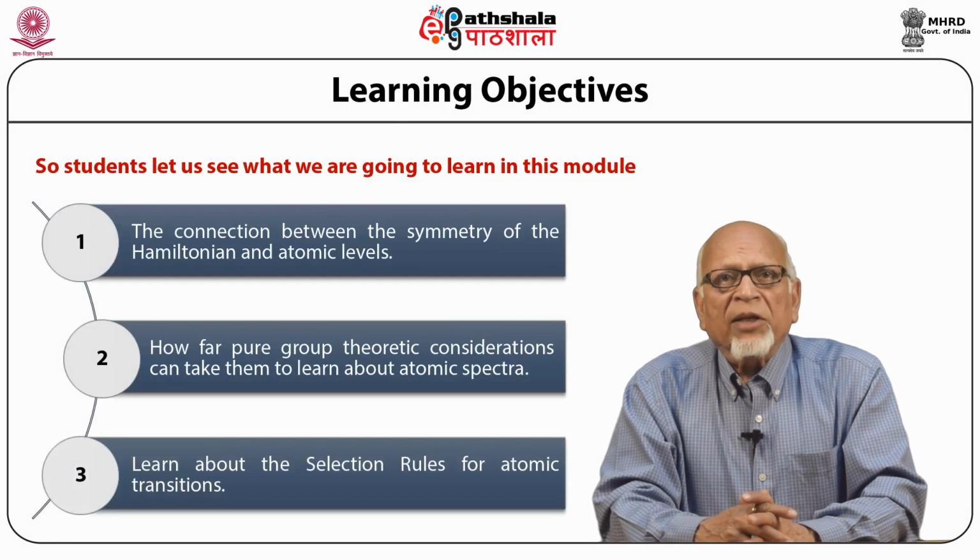We can learn about selection rules for atomic transitions. Let's first discuss the electric and magnetic dipole transitions selection rules. Remember that the electric dipole moment is mu equals epsilon r, and is a polar vector which changes sign under reflection, with the components along the x, y and z directions. On the other hand, the magnetic dipole moment is an axial vector operator which does not change sign under reflection,